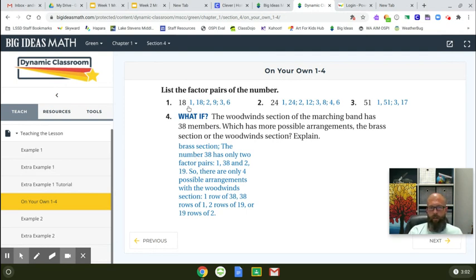The pairs for 18 are 1 and 18, because 18 times 1. 2 and 9, 9 times 2. And 3 and 6, 6 times 3. For 24, it's 24 times 1. 2 times 12. 8 times 3, and 4 times 6. I don't like the way they wrote these as pairs, but the pairs are separated by a comma, and then the semicolon is for the next pair. So that's kind of tricky how they wrote it. But 51 only has 1 times 51 and 3